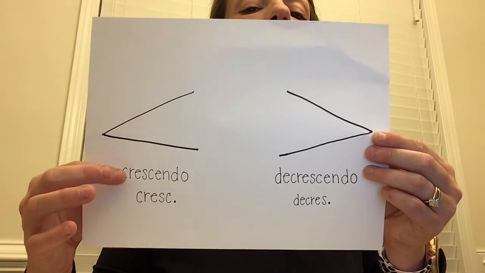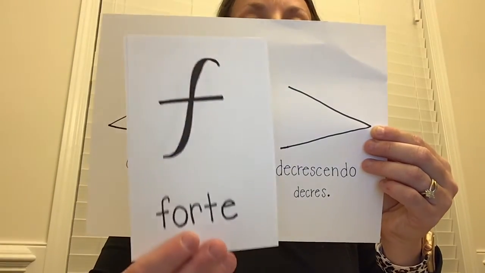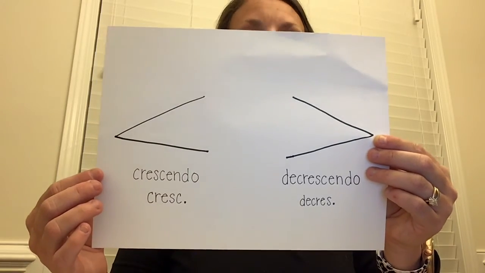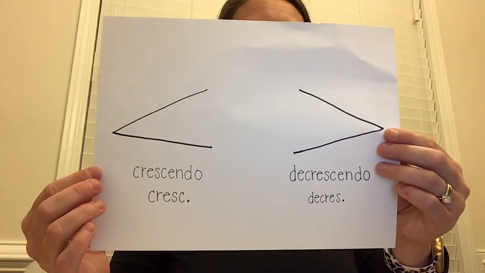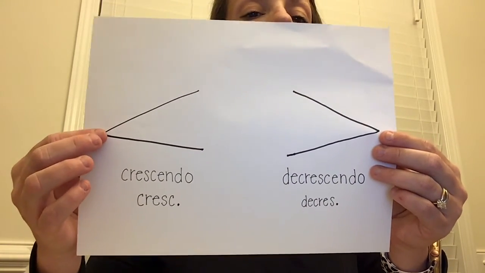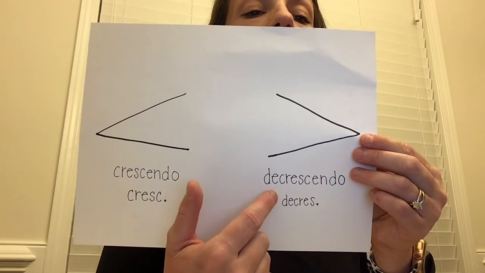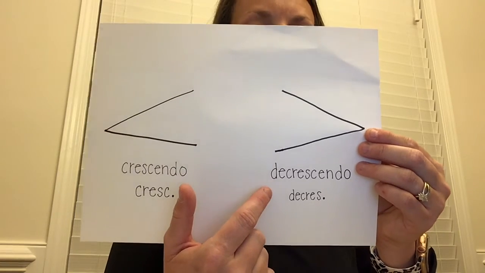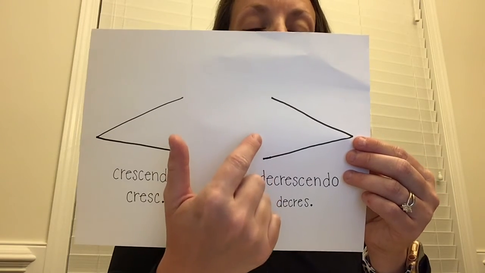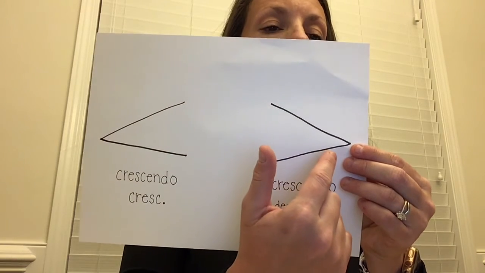And typically when you see a crescendo marking, you'll see two of our dynamic markings at the beginning and at the end of that symbol so that you know what dynamic to start at and what dynamic to end at. So you would see a softer dynamic on this end and a louder dynamic on this end. And its opposite is called decrescendo. Say decrescendo. Very good. Decrescendo is when you start loud and you gradually get softer and softer.